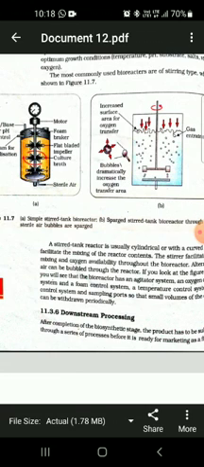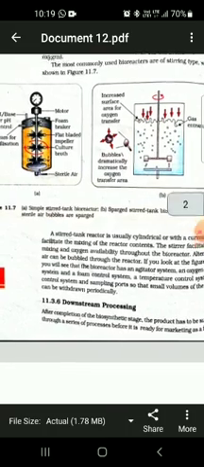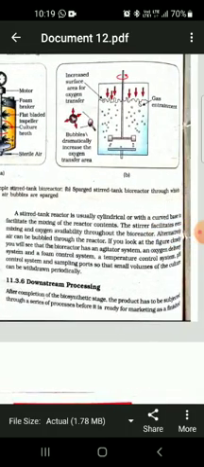The next step ahead is the downstream processing. After the completion of the biosynthetic phase, that is the phase in which the molecules of our interest, the biologically important molecules, it may be the hormone, enzyme, protein, etc., are produced, the product is passed through a series of processes before it is ready for marketing as a finished product. This step includes separation and purification, and it is collectively called downstream processing.